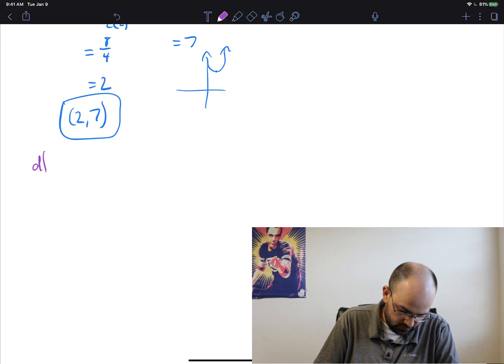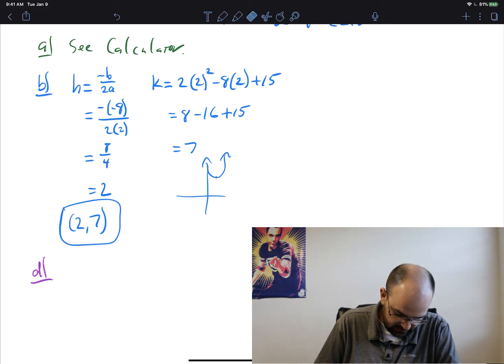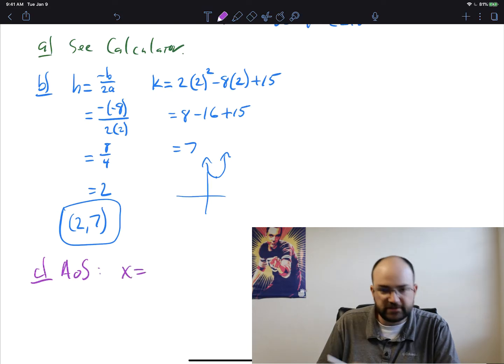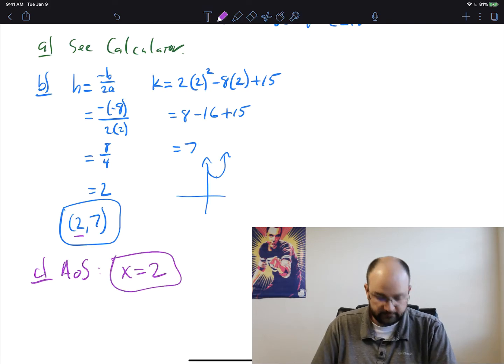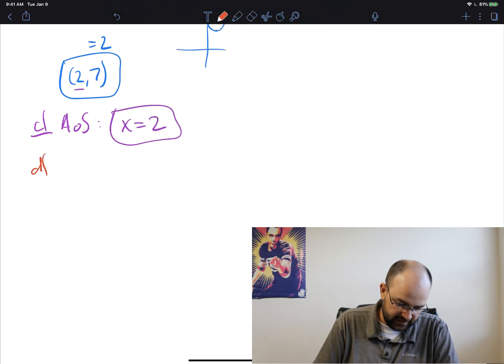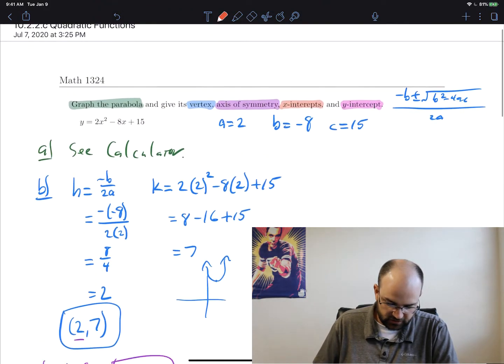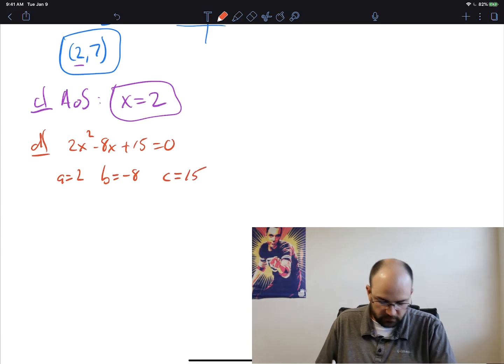So for the next one, C is axis of symmetry. For the axis of symmetry, it's always x equals the x-coordinate of the vertex, which in this case is 2. That's pretty much it. Now for the x-intercept. Set the function equal to 0. And then use the quadratic formula. And we're going to get a